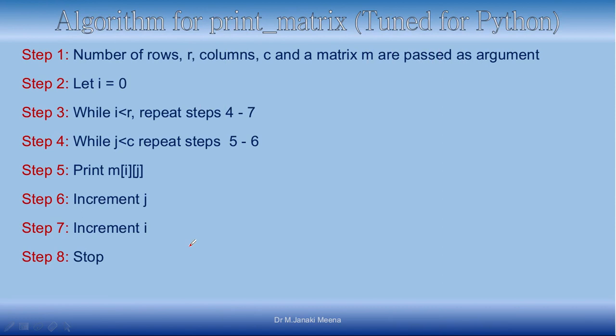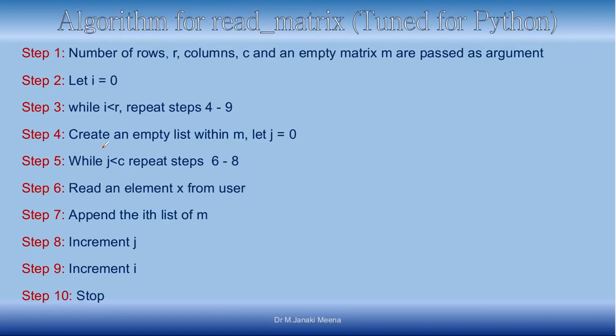And for print matrix, the algorithm is very simple. Here the parameters that are read will be the number of rows, columns and a matrix. You will iterate through the elements of the matrix. First you will go through the row and then the column wise. This is going to be row major order, okay. So the outer loop will move through the rows, the inner loop will move through the columns. You have to print the element at position ij and then you have to increment. This is the algorithm. Now let us go and start implementing it.